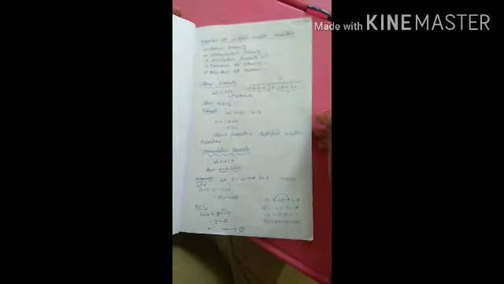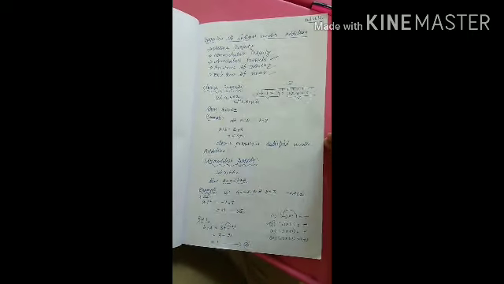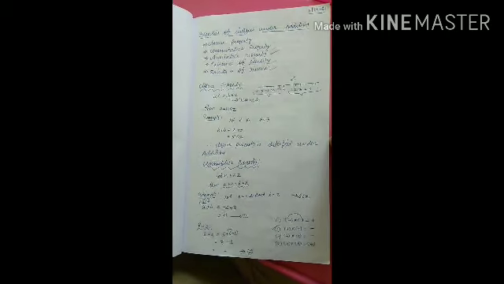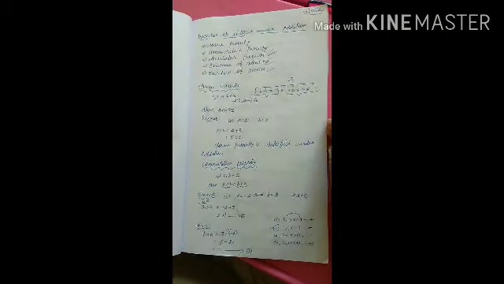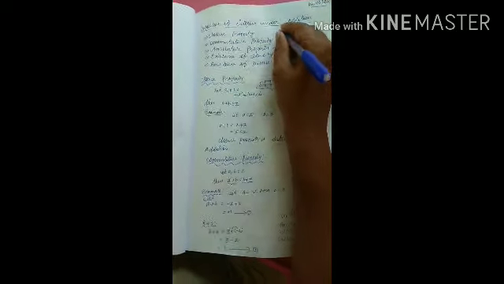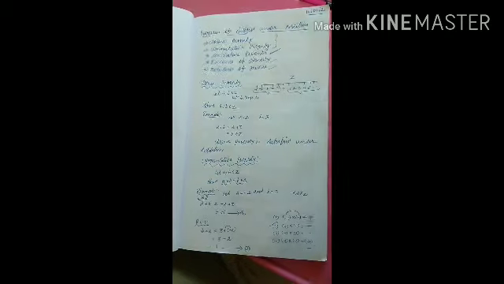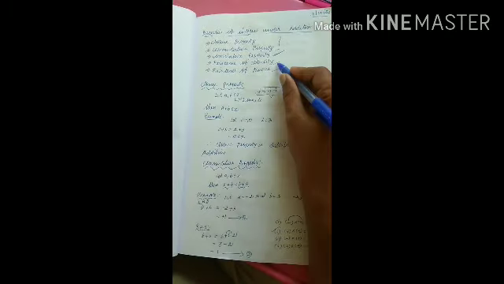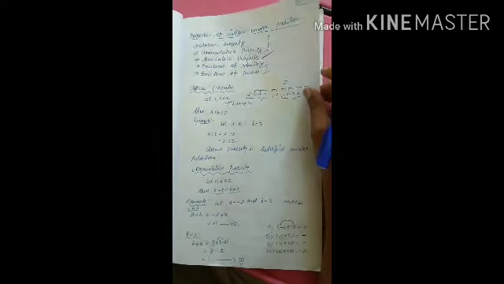Let's revise. Till now we have seen properties of integers under addition: closure property, commutative property, associative property, existence of identity, and existence of inverse. In the first two properties we are taking 2 integers, in the associative property we are taking 3 integers, and in existence of identity and inverse, 1 number. Okay, thank you.